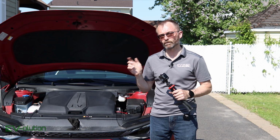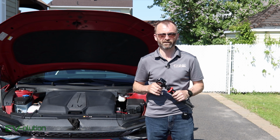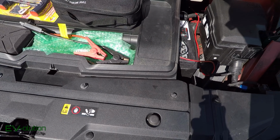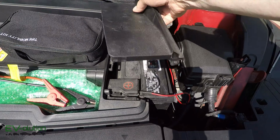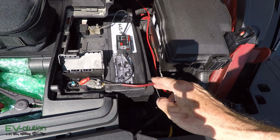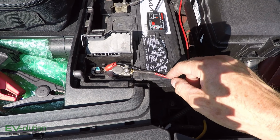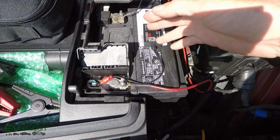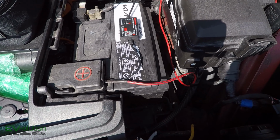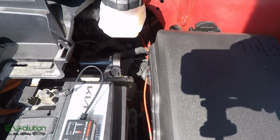Now, with that being said, let me show you exactly where I passed the wiring because it looks factory pretty much, and I think I did a decent job. So let me give you a look with this camera here. Underneath the frunk is the battery access, and the positive lead here. This is the one that I've installed for the camera, and it goes to this terminal here. This is my battery monitor, and it's a Bluetooth battery monitor, and I've stuck it on that one to give some extra room. And then I've tie wrapped things down here, run the wire across,